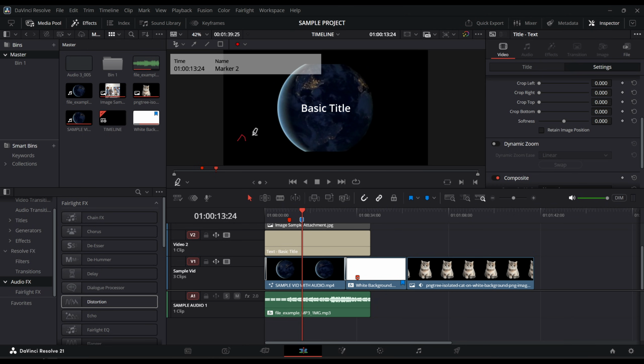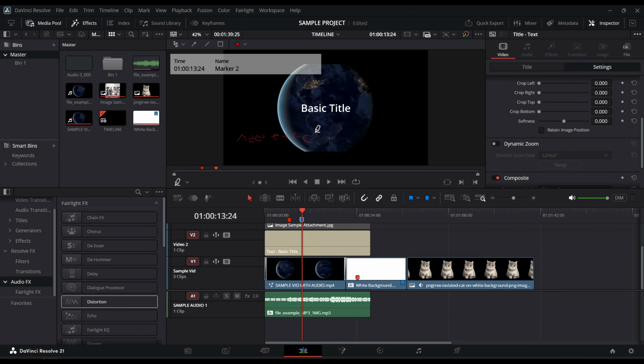When using this tool, take your time and keep your annotations simple and readable. Clean markings are usually more effective than drawing too much on screen. If you're using annotations for feedback, try to focus only on the exact area that needs attention so it stays easy to understand. Another helpful thing to know is that when you annotate a clip, DaVinci Resolve will also place